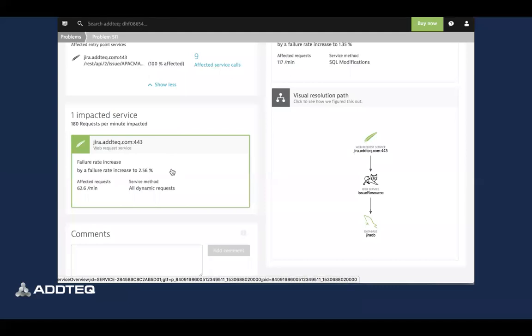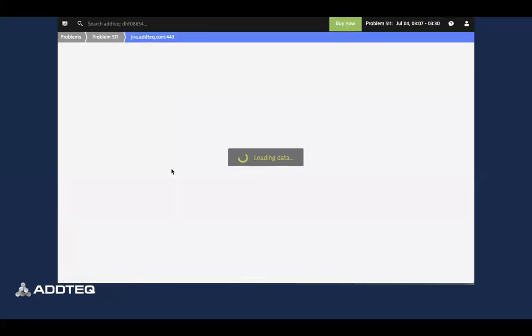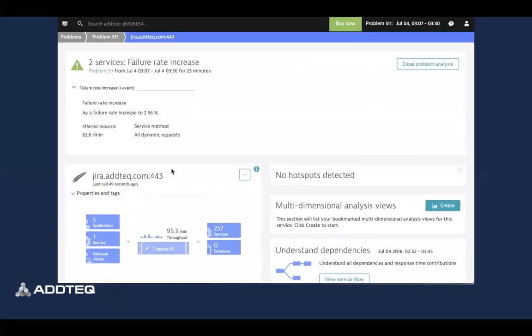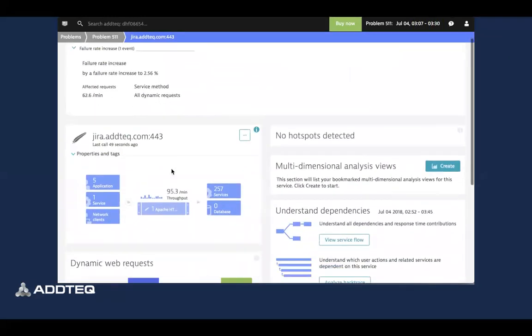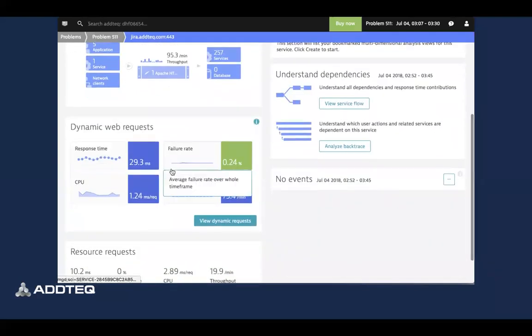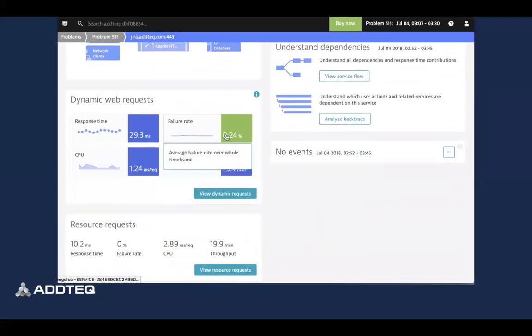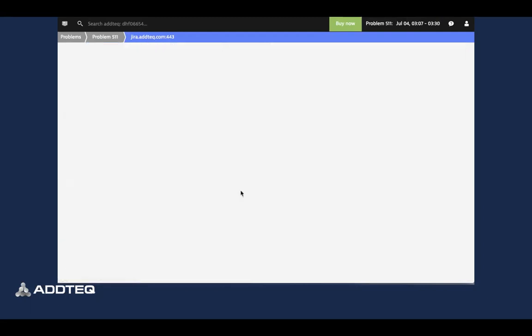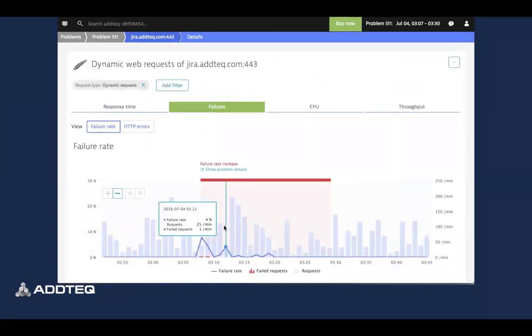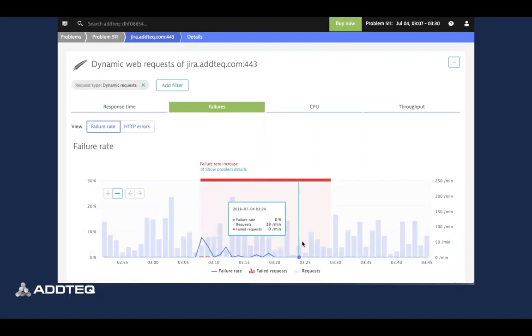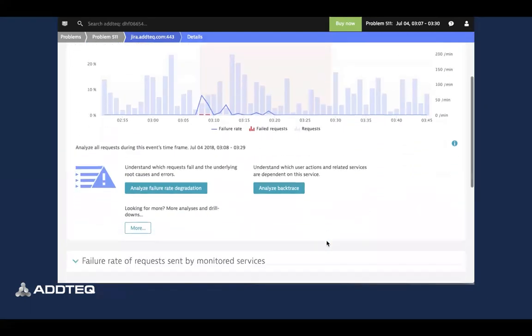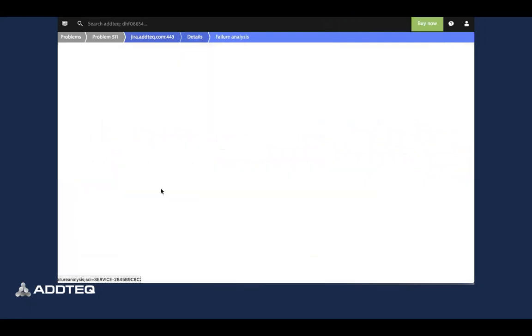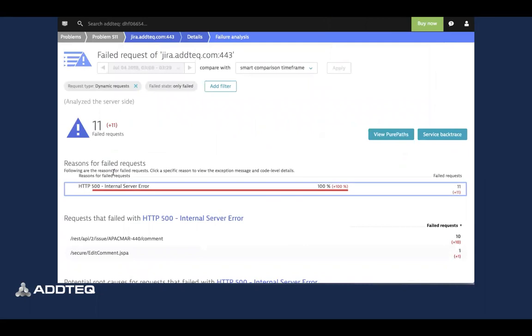So again, it gives us some numbers in terms of the number of requests per minute that were affected and the percentage of total requests that were affected during the problem period. And we'll again dive into the failure rate. So there's an option to look at the dynamic requests. On the top right, we can see that that's the period that we're analyzing during July 4th. So we have this page where we can look at things like response time, CPU, throughput, as well as the failure rate. And we have the option to then analyze the failure rate degradation, which shows us the